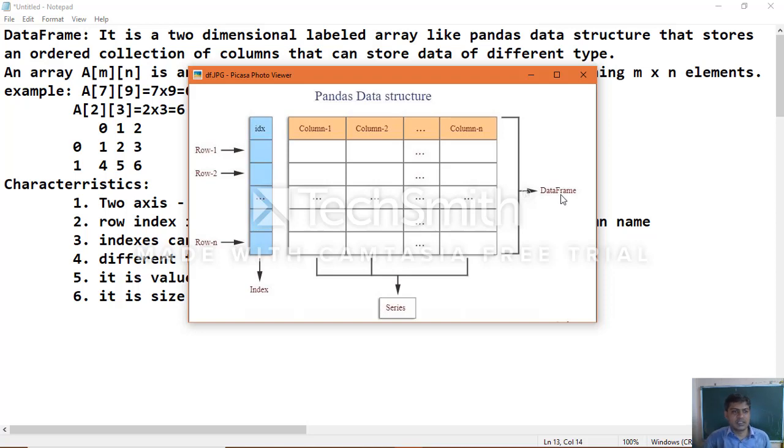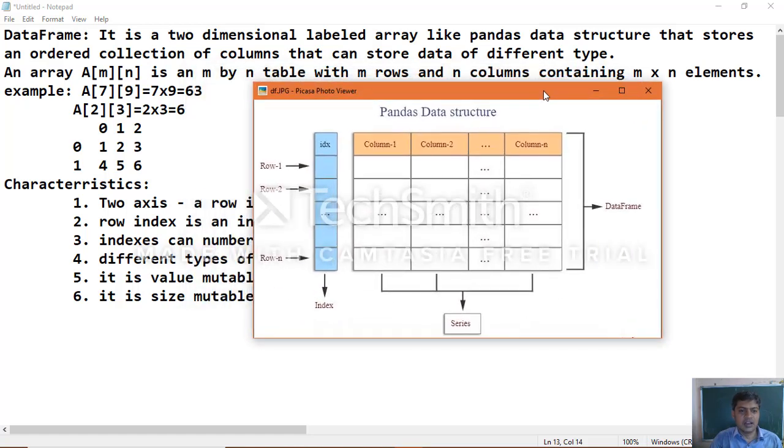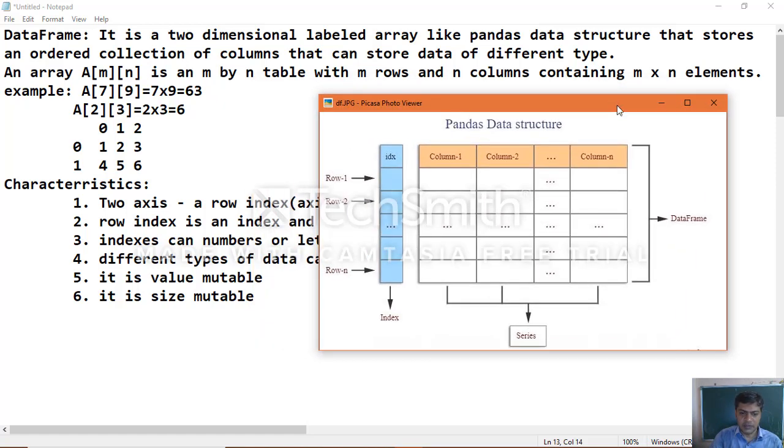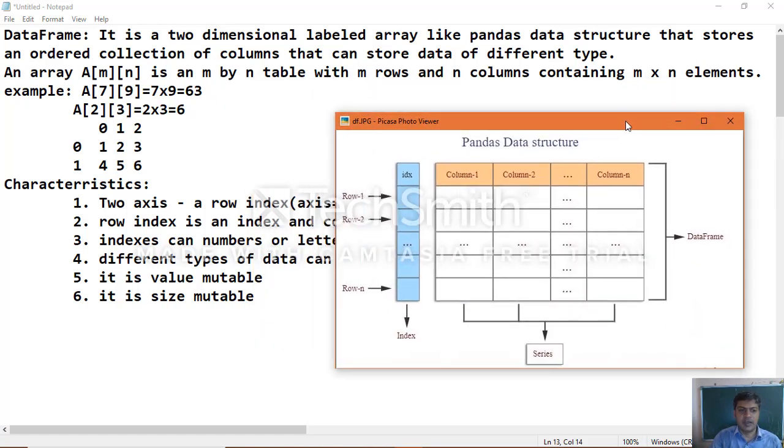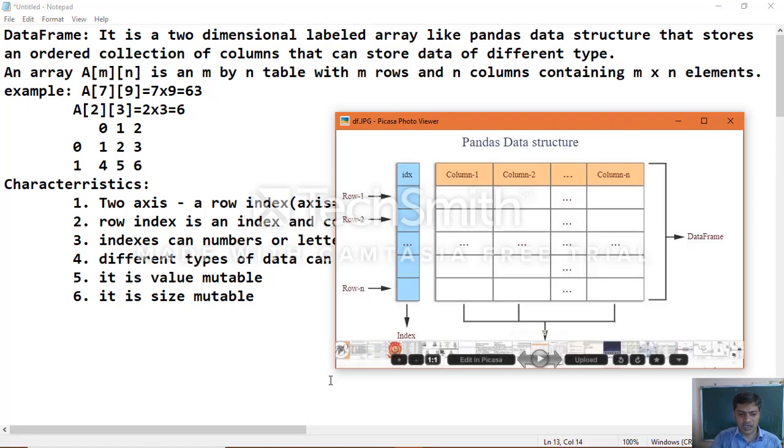Two-dimensional array examples you can see: A of 2 into 3, which is 2 rows and 3 columns, and A of 7, 9, which is 7 rows and 9 columns. To calculate the total number of elements in your data frame, m rows multiplied by n columns gives the total number of elements it can hold.